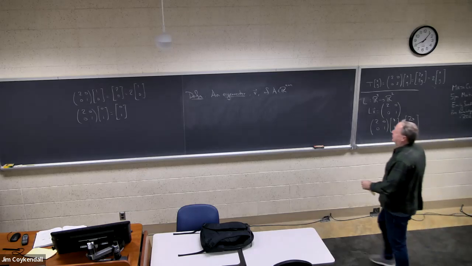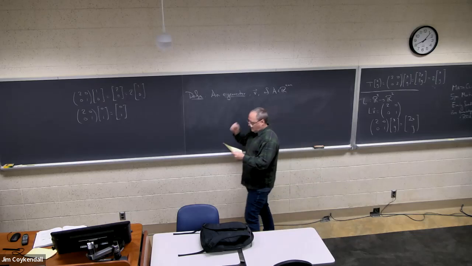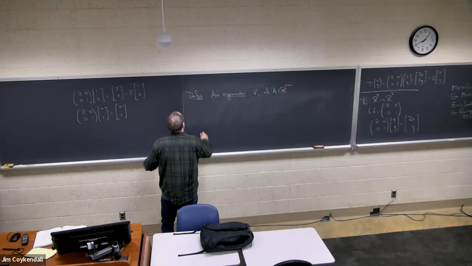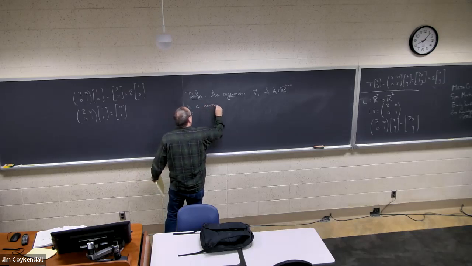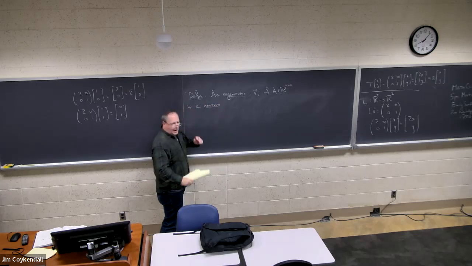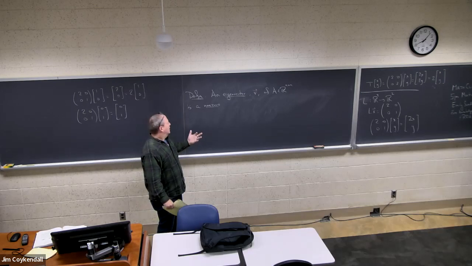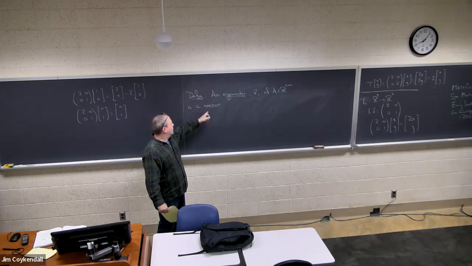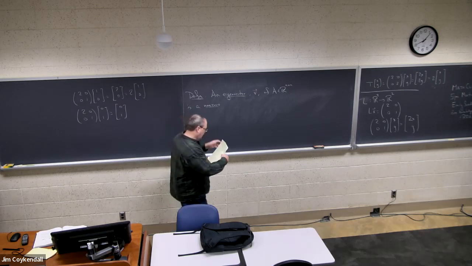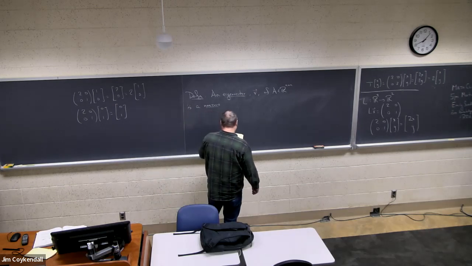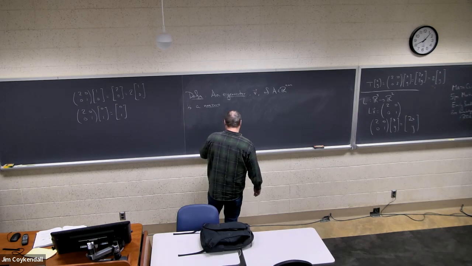So this is a square matrix. An eigenvector is a non-zero vector. Since I made the definition that eigenvectors are non-zero, I'll explain why I do that here. This is a non-zero vector v